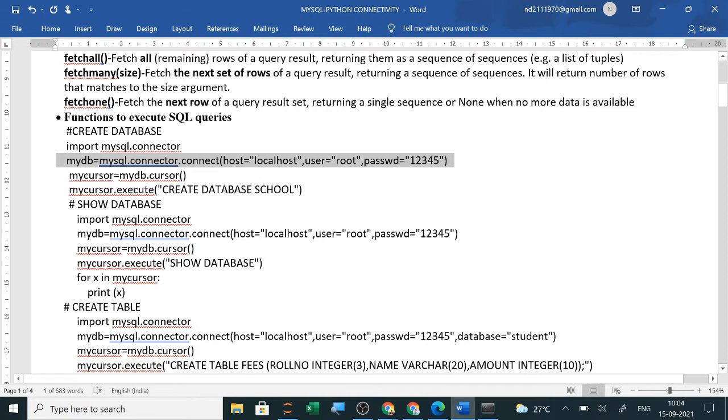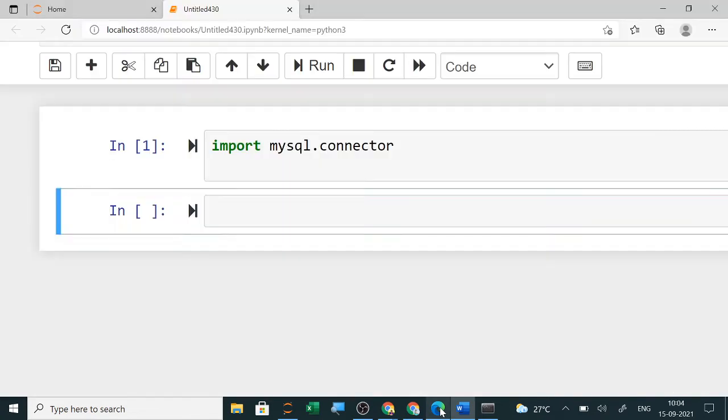While installing MySQL, by default the user was root, and I have given the password on my laptop as 12345. Whatever password you gave while installing MySQL, put that password. Then I will use the object mydb.cursor and mycursor.execute. Whatever commands you give here, it will execute. Clear?